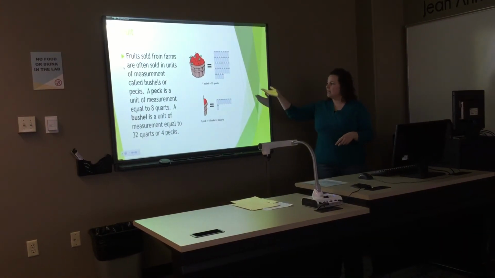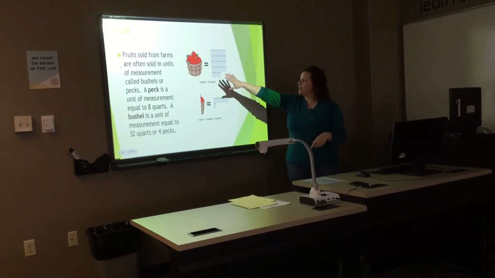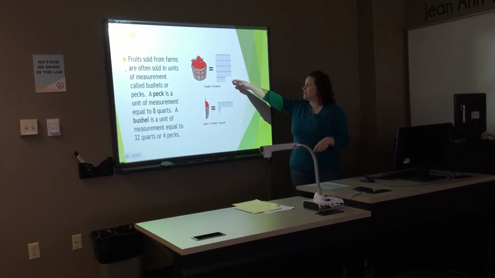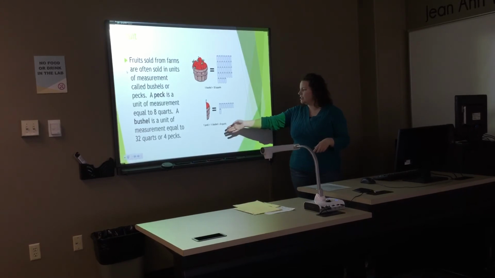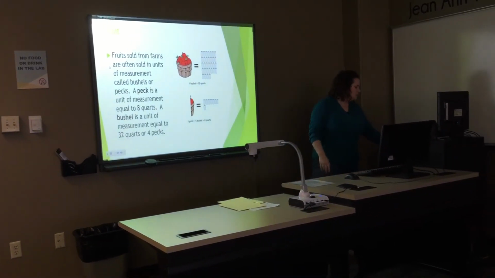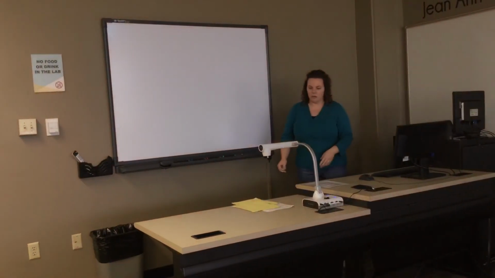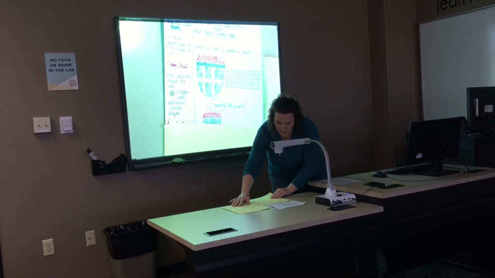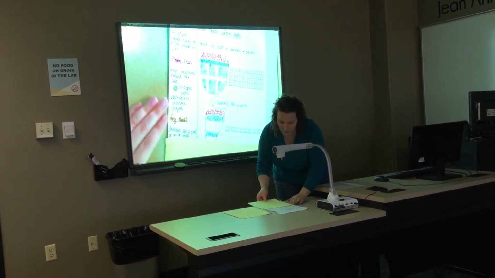So you can see here that they have the big bushel up here, and then they have an example that they wrote down, 32 jars of it, 32 quarts, and then a peck is just a quarter of a bushel or 8 quarts. So on your Cornell notes over on the right side is where I want you guys to write